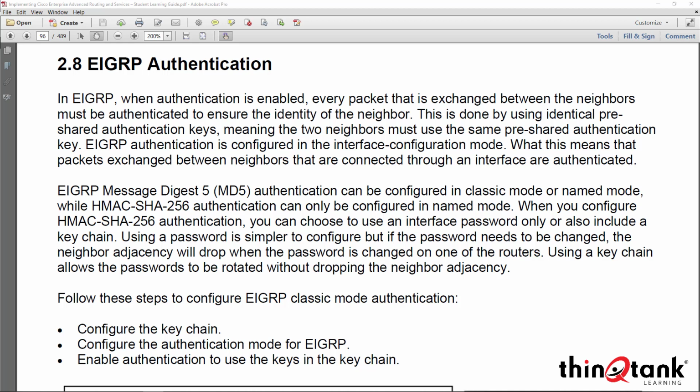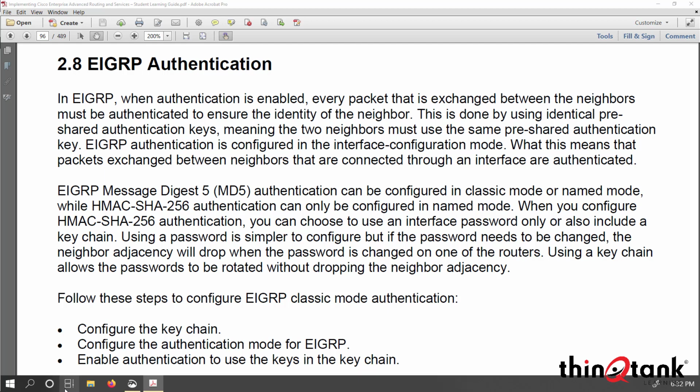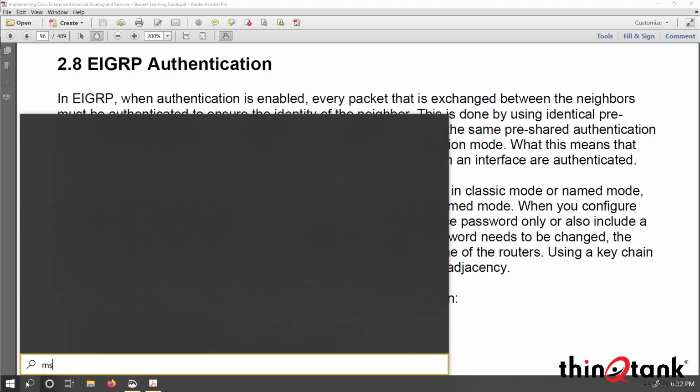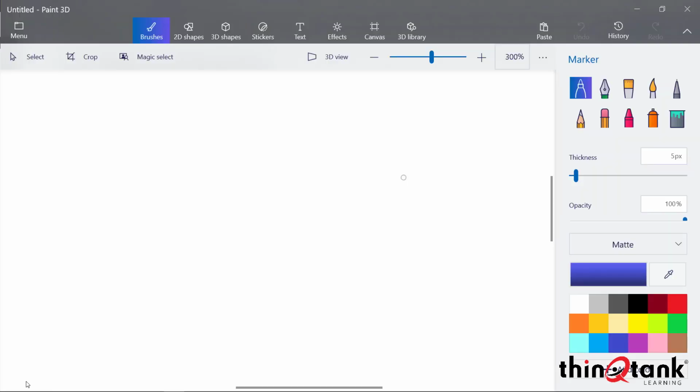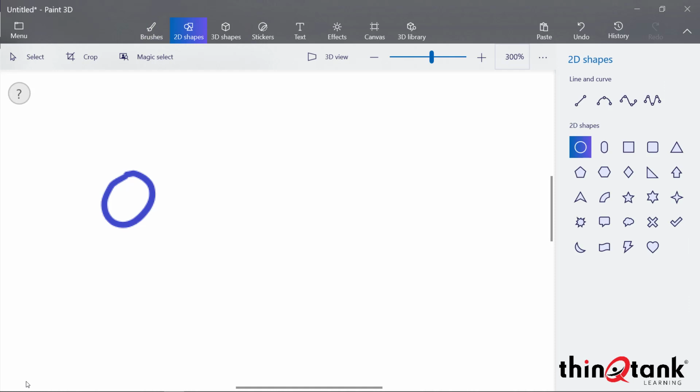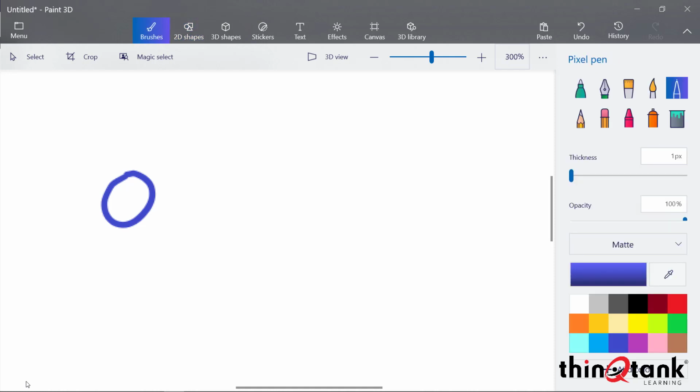When I enable authentication, every single datagram, every packet that gets exchanged between the neighbors is going to be authenticated. And this is basically the way that it works. Let me go ahead and pull up my paint tool here. So let's say we have a router here, and I want that router to exchange information with